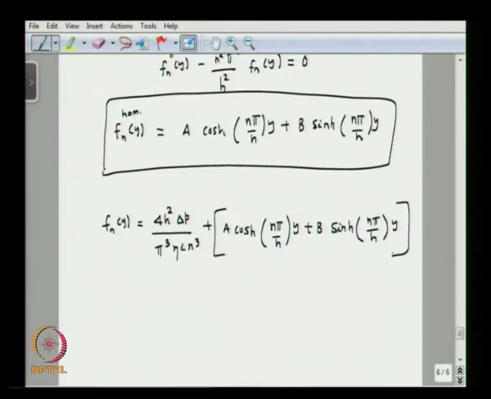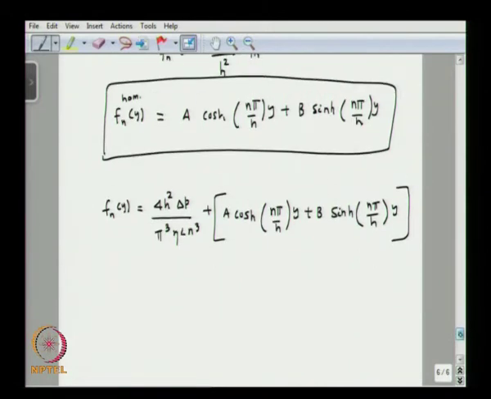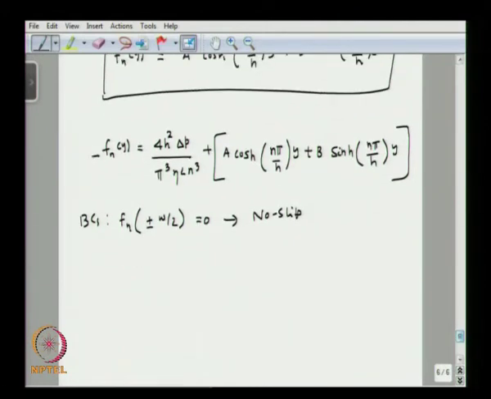So, if you substitute in our velocity equation, but before that let us try to apply the boundary condition. Our f n will vanish on the walls, at plus minus w by 2 it has to be 0. So, this is the boundary condition. If you apply that boundary condition, f n can be written as f n y will be equal to